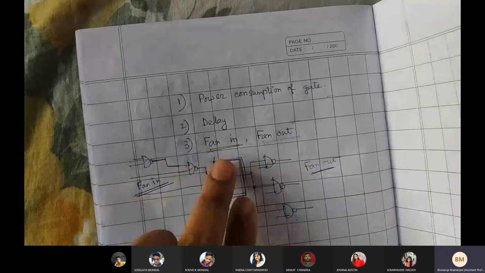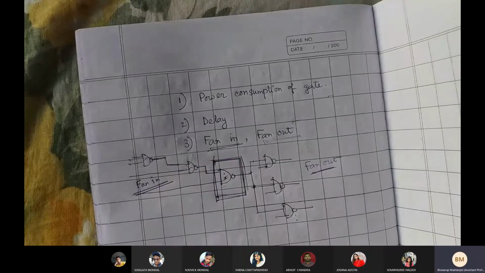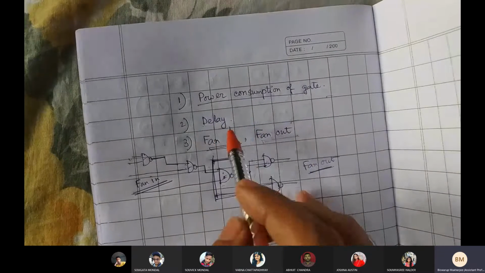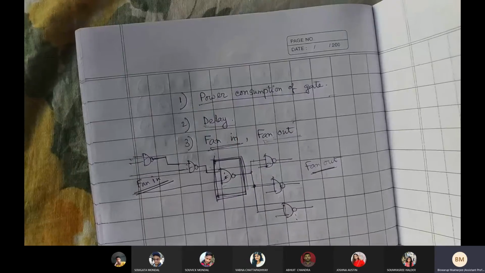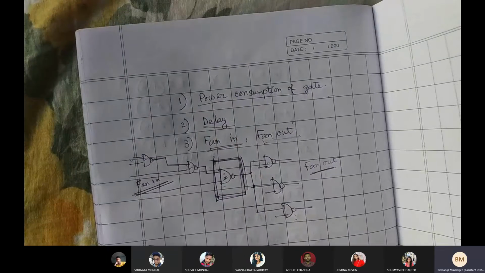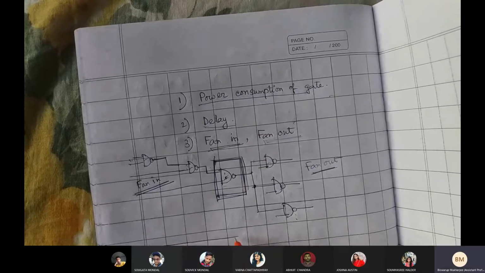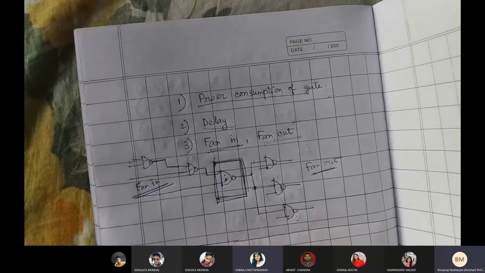Rightly, you can also say fan-in, fan-out. These things are also right over there. So make sure that in order to get better power consumption and better delay or latency response, we will be using, or at least trying to use, a similar sort of gates. Hopefully I am clear. Isn't it?